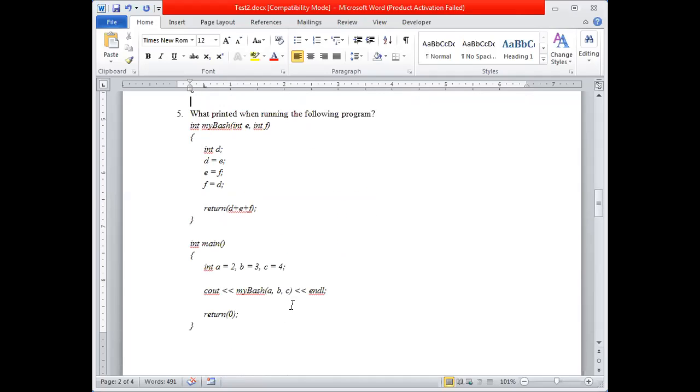What is printed when running the following program? So the program is right here. This had a mix-up. It had an extra parameter in here. So it should have been that. Okay. So A is 2, B is 3, C is 4. I call my bash with A, B. So E is